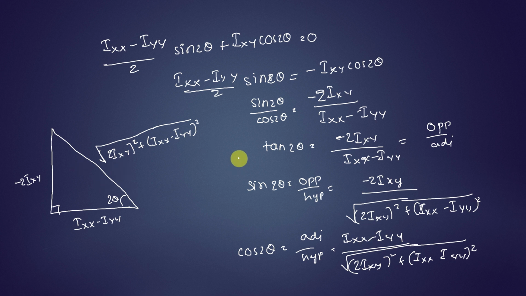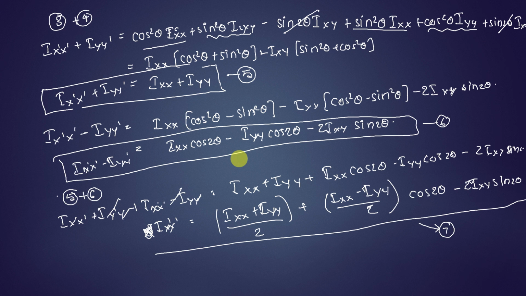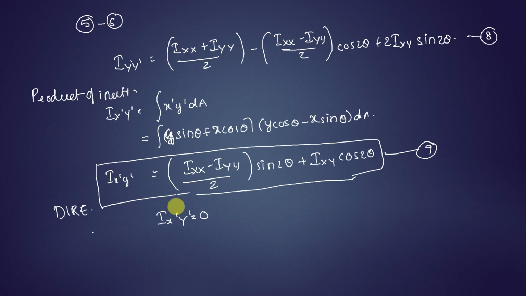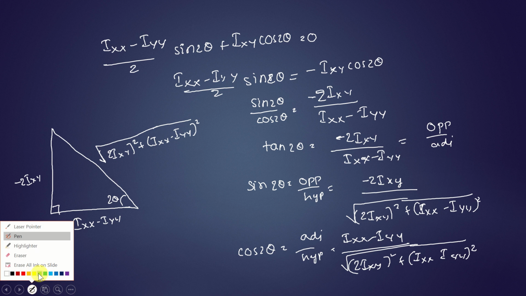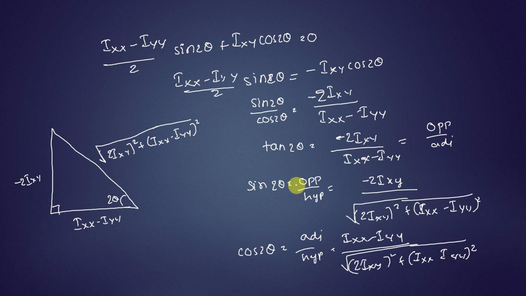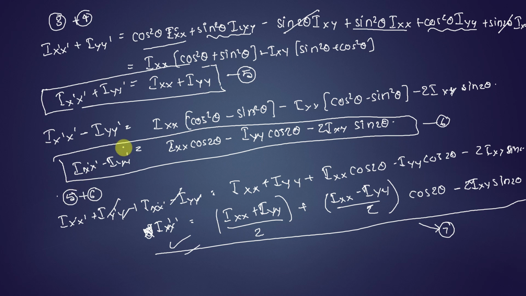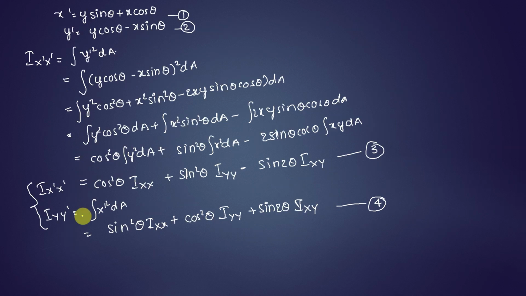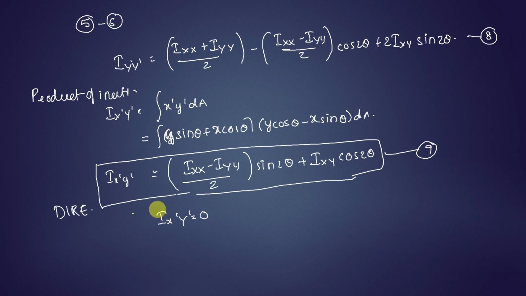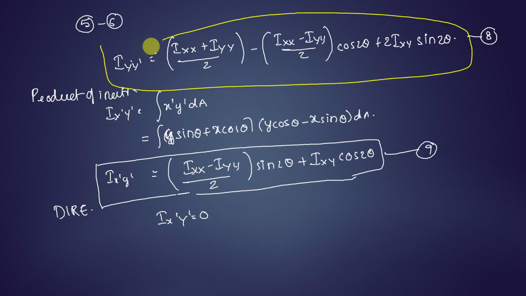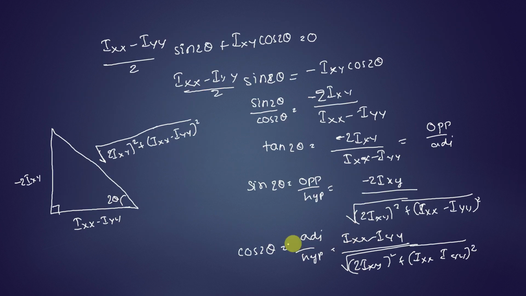Now what we have to do is, in the place of Ix dash x dash and Iy dash y dash, you have to substitute these two newly obtained values. So cos 2 theta, sin 2 theta values we have. We got the value of Iyy here. In place of cos 2 theta and sin 2 theta, new values we have to substitute. Same process for Ix dash x dash. So if you have patience, you do that. Otherwise, let me give you a direct value.